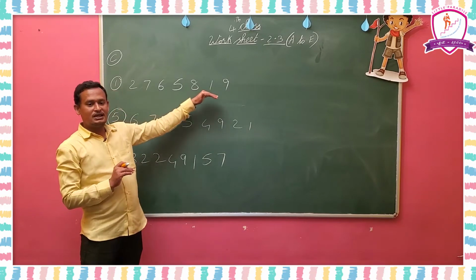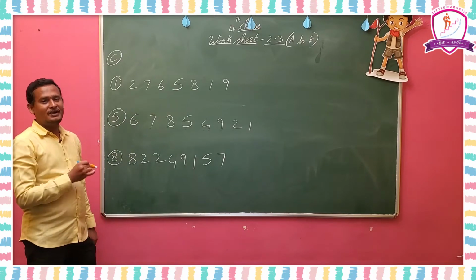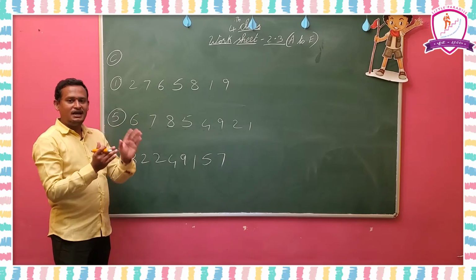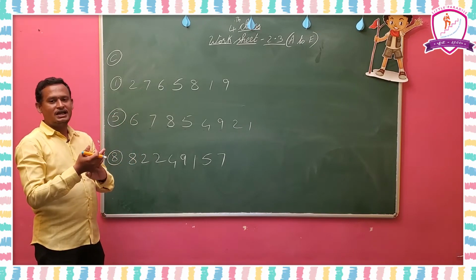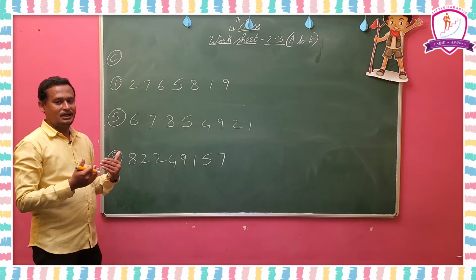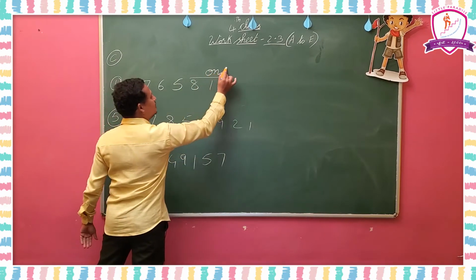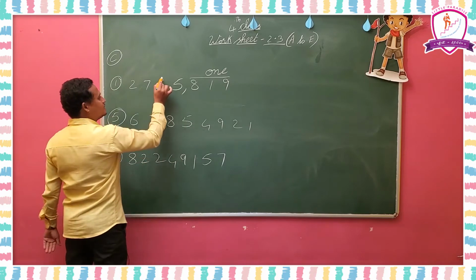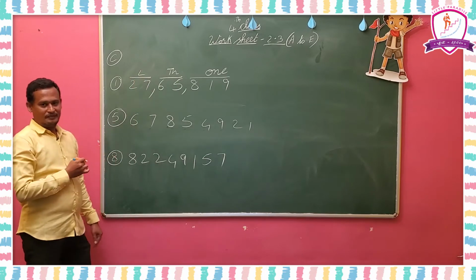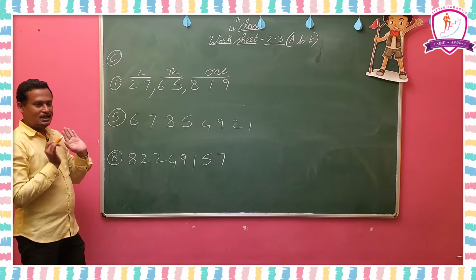First, you have to copy that number again. We are going to put the commas according to the Indian place value system. In the Indian place value system, in the first period, the ones period, 3 places will be there: ones, tens, hundreds. After that, in the remaining periods 2 places will be there. So in the ones period 3 places will be there, you write them and put a comma. In the next, the thousands period, 2 places will be there, and after the comma the lakhs period, 2 places. Like that you have to divide that number into periods and put commas according to the periods.